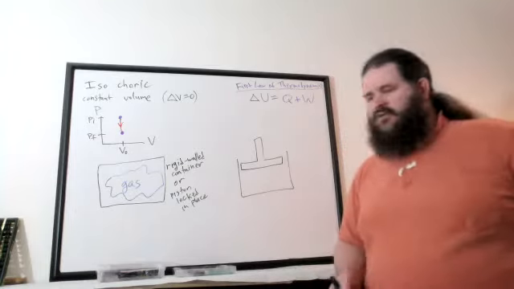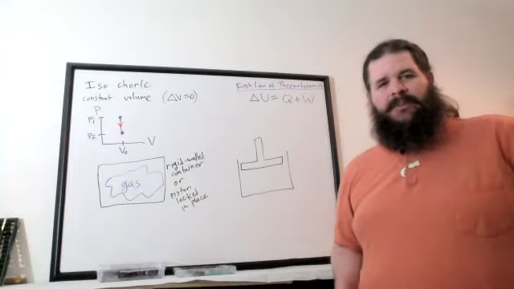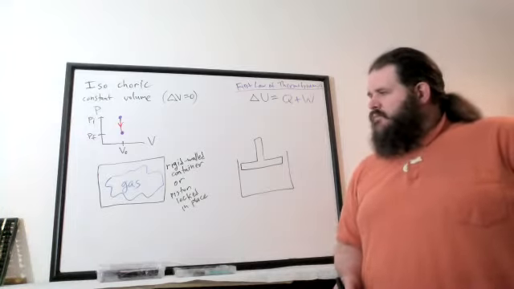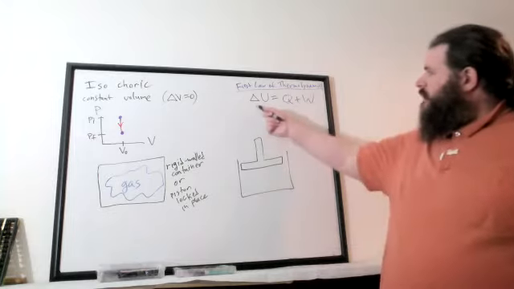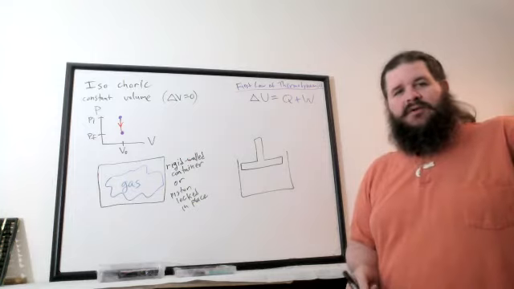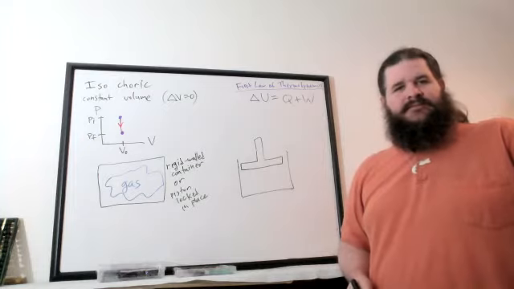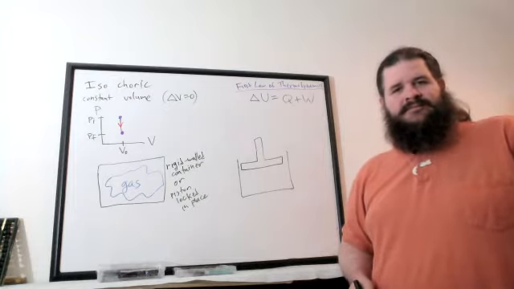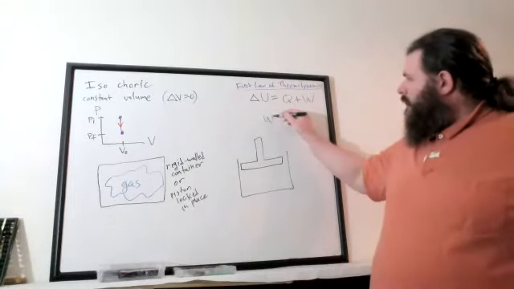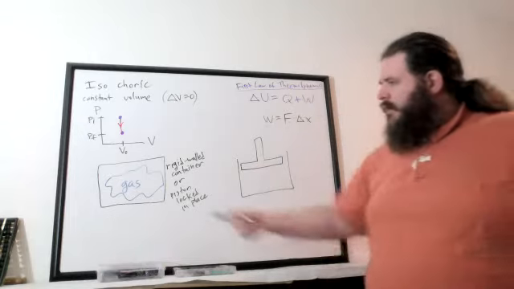Either way, we want a situation where the gas cannot expand or contract. The walls of the container do not move at all. So what does that tell you about the values in the first law of thermodynamics? If nothing moves, if the walls of the container cannot move, what does that tell you about these values? Yeah, work equals 0. Because work, if we think of this as our usual force times distance, the gas is